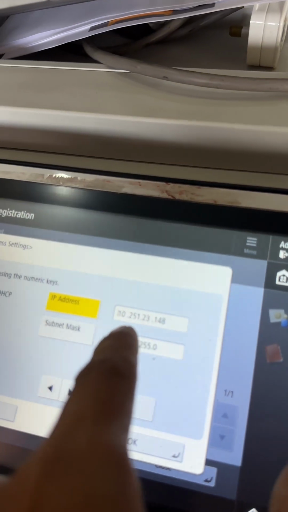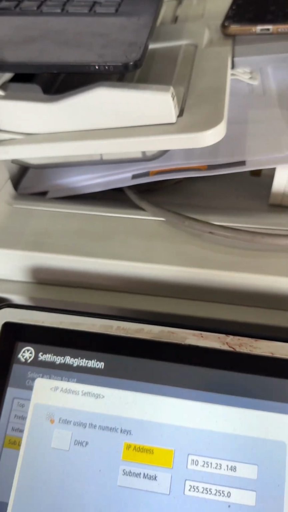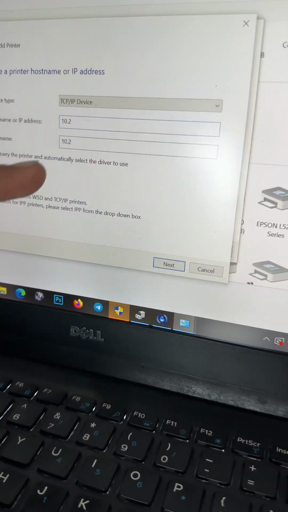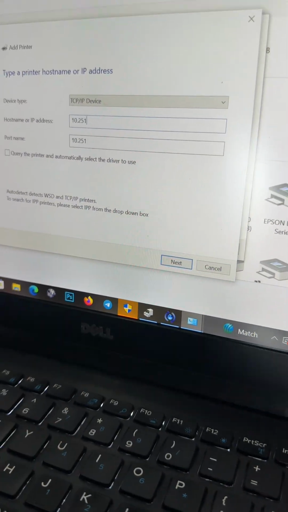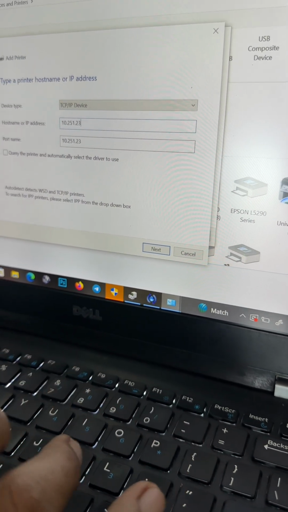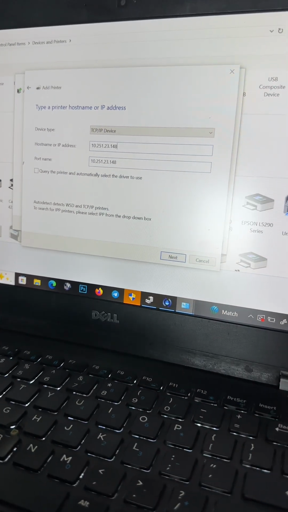You can try this IP for adding a new driver. 10.251.23.148. Yes. And then next.